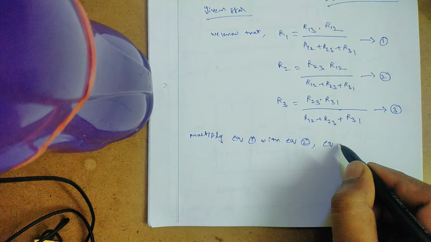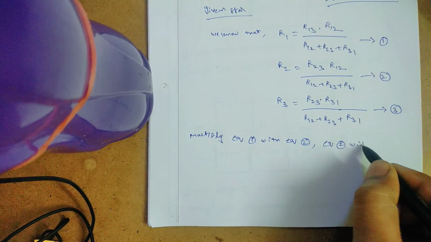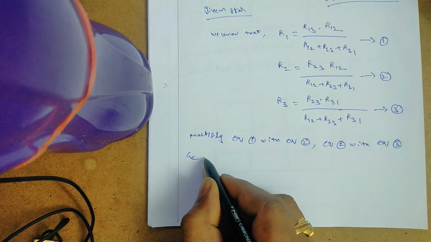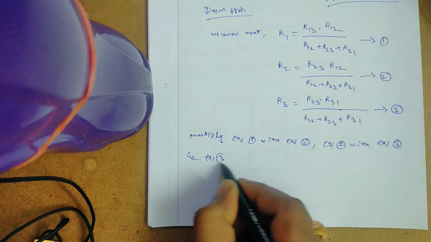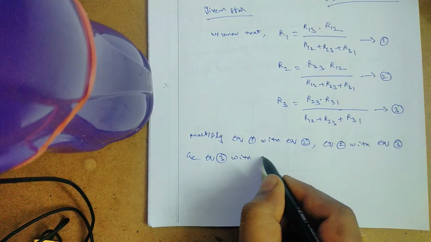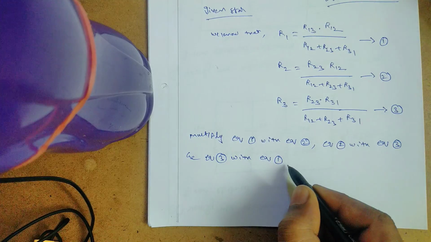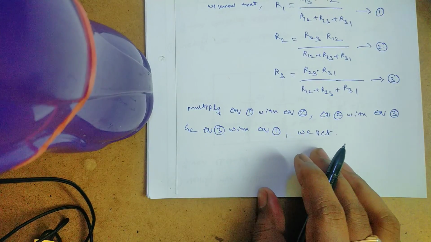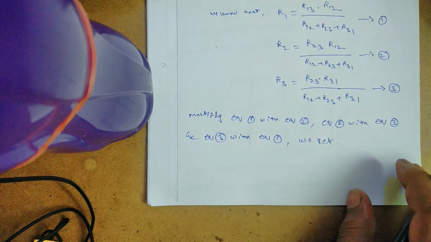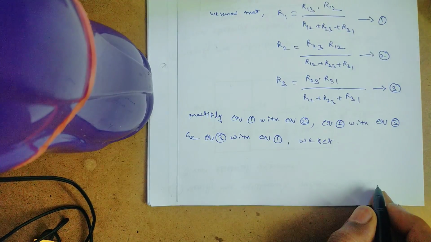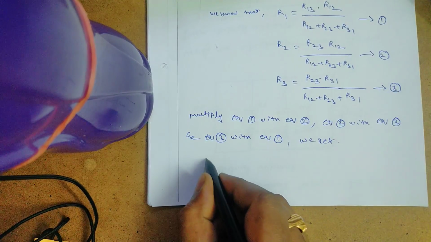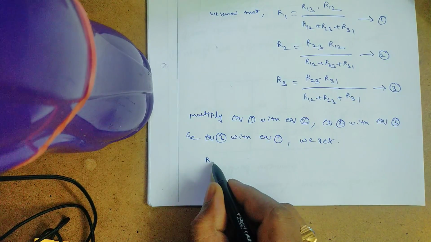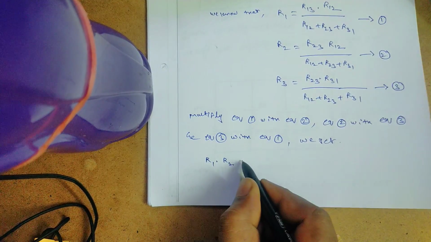Likewise, multiply equation 2 with equation 3 and multiply equation 3 with equation 1. We get, from equations 1 and 2, the multiplication of equation 1 and 2, R1 into R2 is equal to